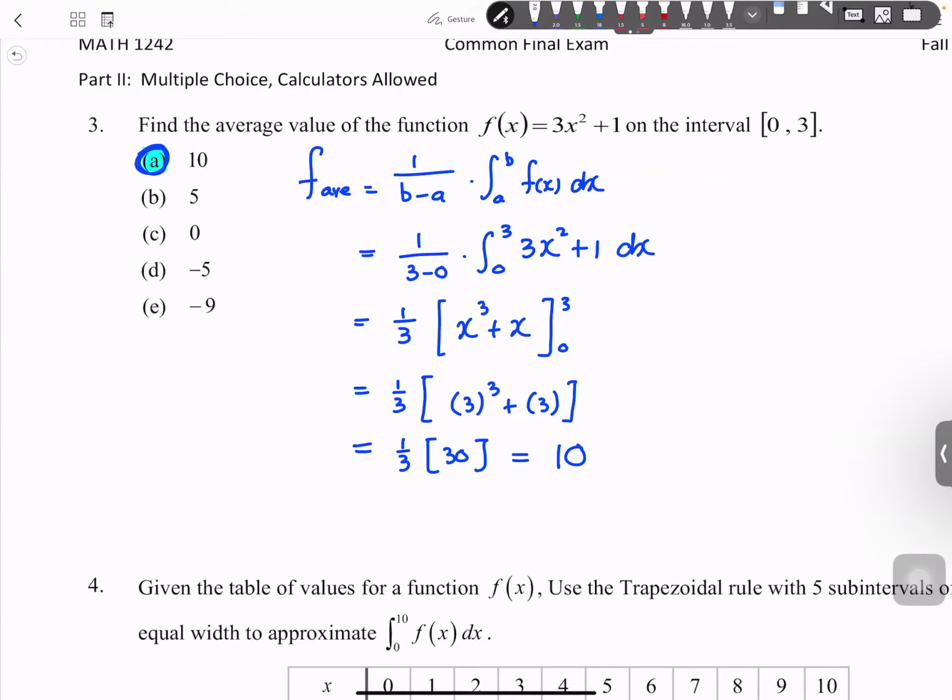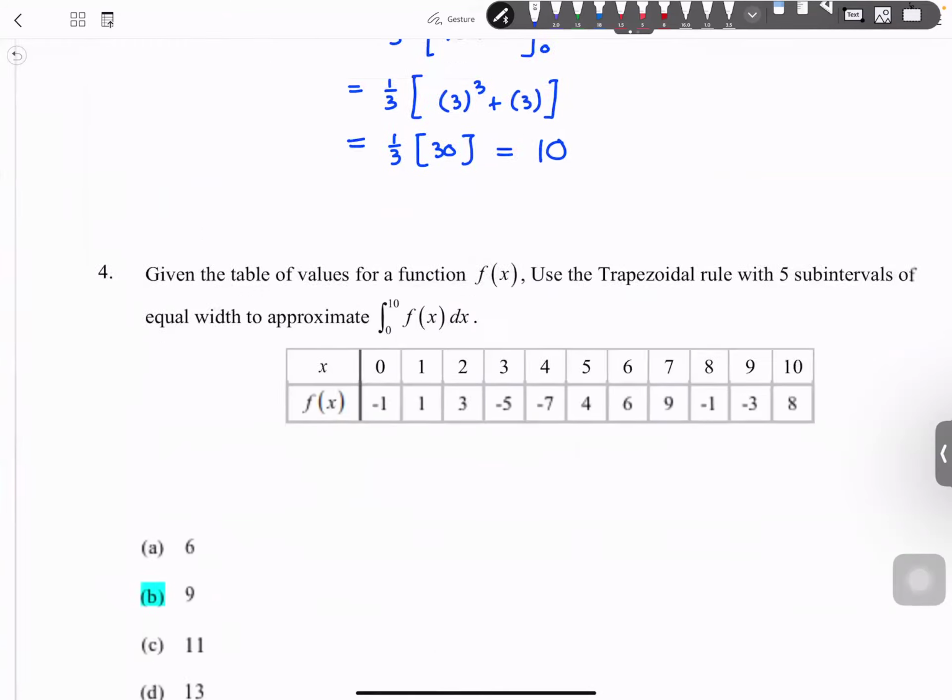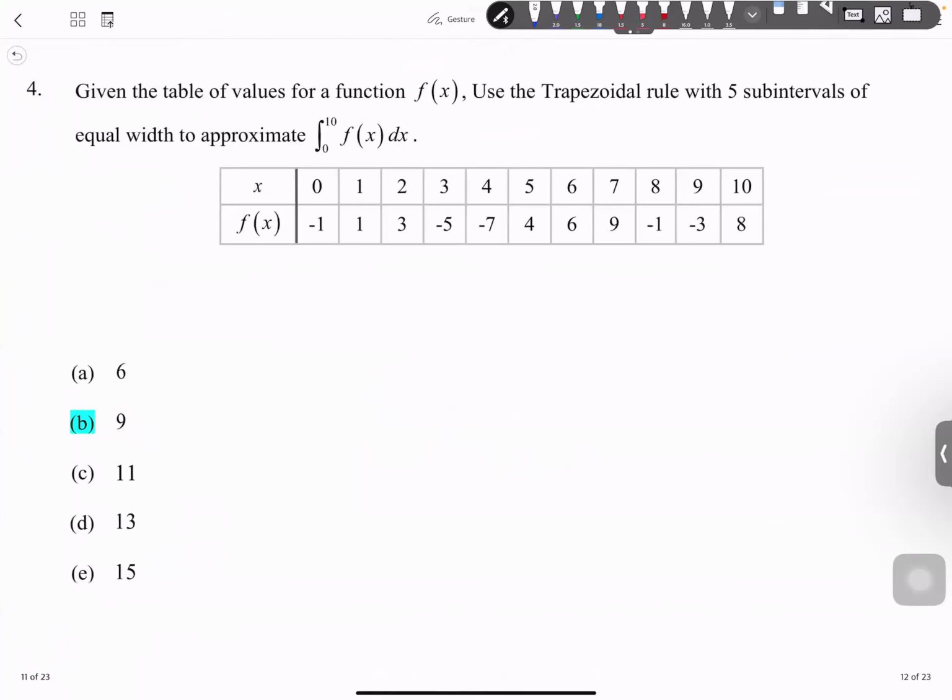All right, problem number 4 provides you with a table of values and wants you to use the trapezoidal rule with 5 subintervals of equal width to approximate the integral value from 0 to 10. And the word here is just approximate. So we're going to use trapezoidal rule. Something that you may want to keep in mind here is when you graph this, when you graph the number line,